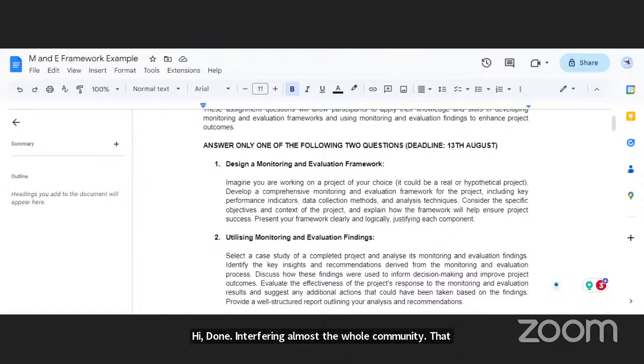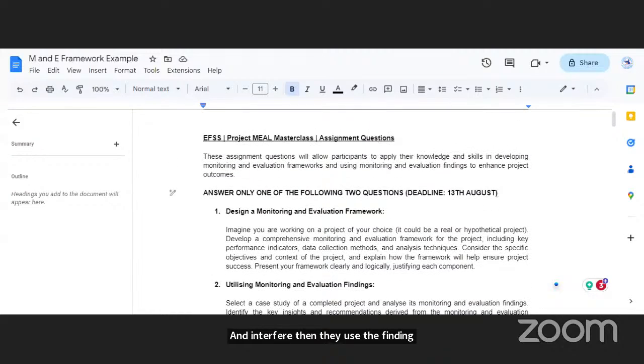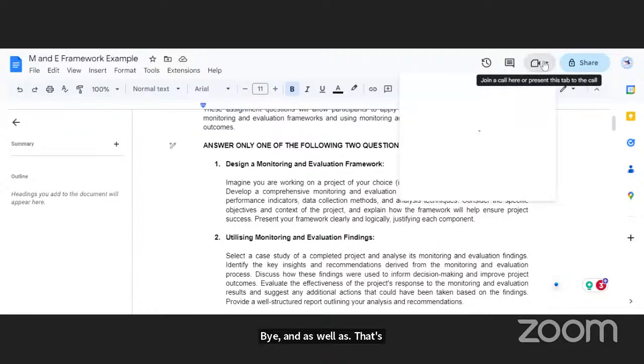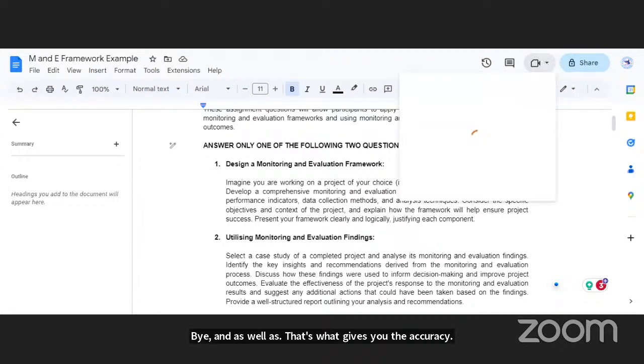It's good when you take a sample and interview them, then use the findings from the sample to make generalizations. It's cost effective and also limits bias, and that's what gives you the accuracy of data. The more you increase the sample size, it minimizes the chances of having what? Errors. The confidence level will be 95%.